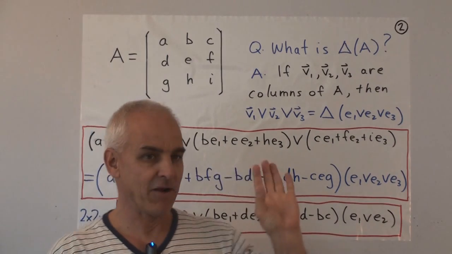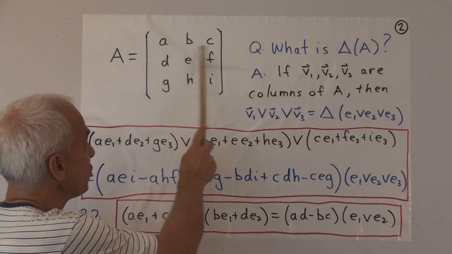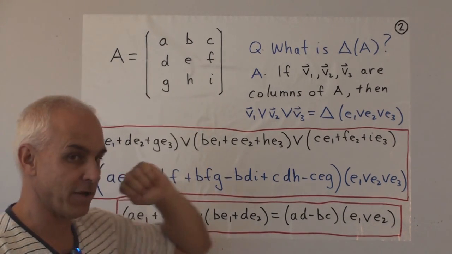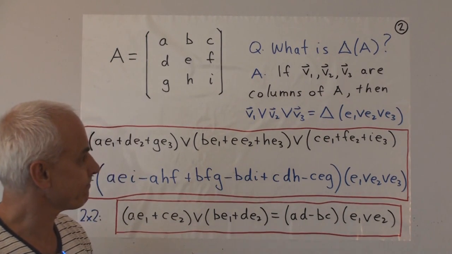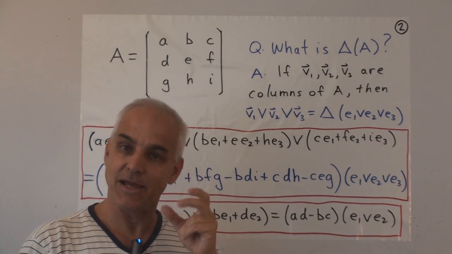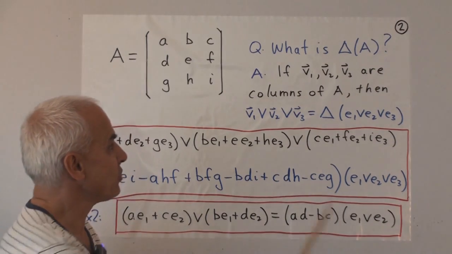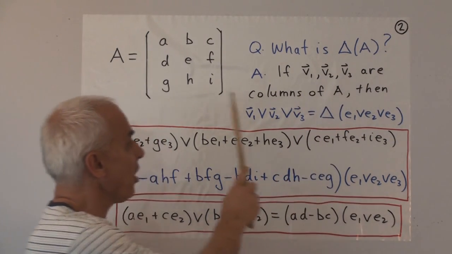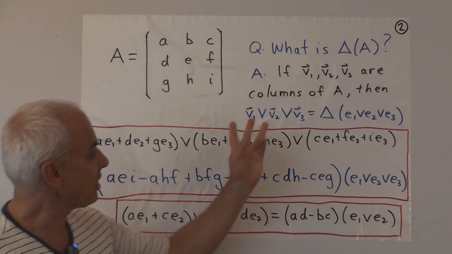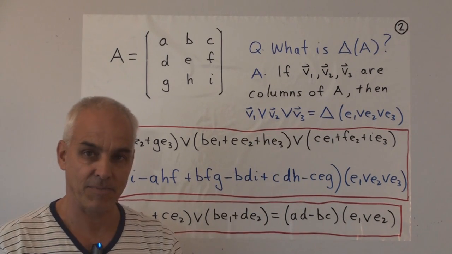So we have to, first of all, be clear about what is the determinant of a 3 by 3 matrix. Here are the entries of our problem expressed in a matrix. And we want to know what is the determinant of this matrix. Well, we want to think about a determinant as being an expression relating to trivectors. Okay, so if V1, V2, and V3 are the columns of this matrix, so those are 3 vectors, then we can form the wedge product between V1, V2, and V3.